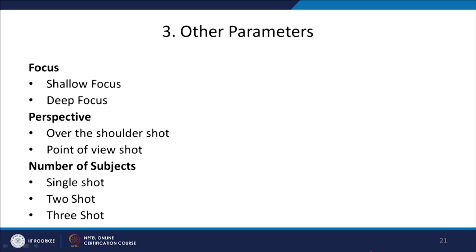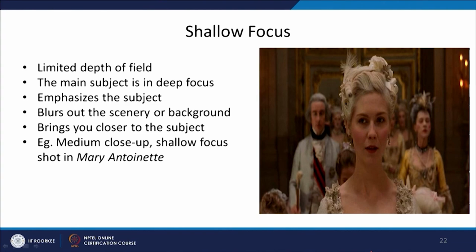There are some other parameters which are based on our focus, perspectives and the number of subjects which can be there in a particular shot. In a shallow focus, we find that the focus is on the main subject, the main character, and the depth of field is rather limited. So, the scenery of the background is rather blurred and the focus is on the face or the appearance of